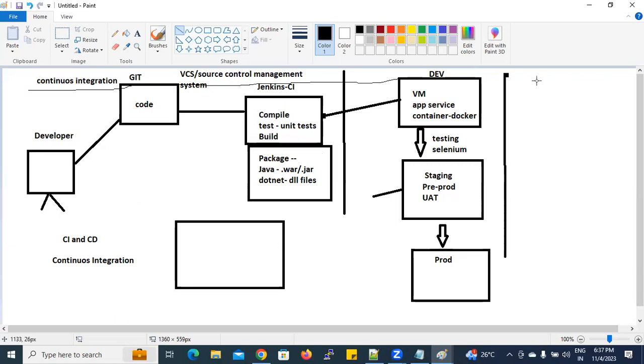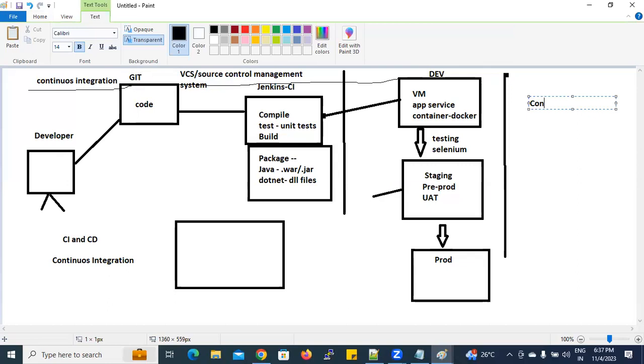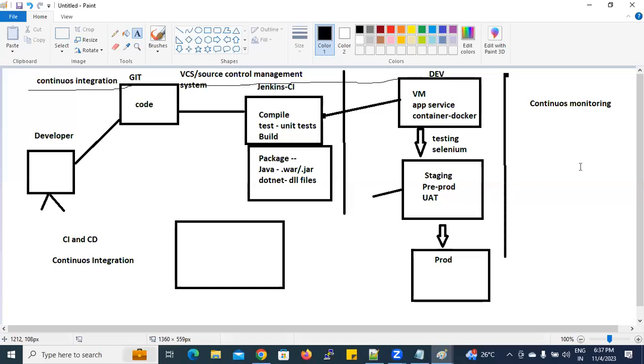Okay, fine. Now, after all this, continuous means a never-ending process. One more thing we should learn is that continuous monitoring is also very important, right? Because if we have done all these things, we should have continuous monitoring as well. We have to monitor our environment. So this is what we have to keep in mind,